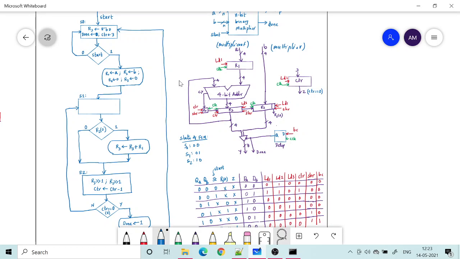Okay, the 2 raised to 0 place value is gone out, and the 2 raised to 1 place value, whatever was there in B input, will come to R2 0, and then I will check R2 0 again. If it is 0, then I don't need to do addition, I just shift only. And if it is 1, then again I do addition of R3 with my multiplicand.